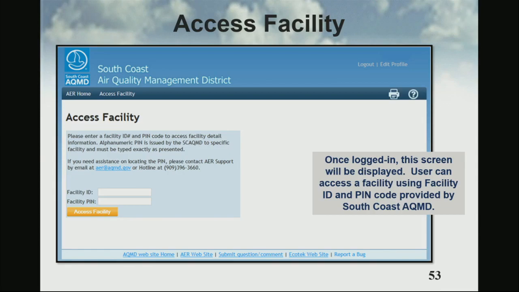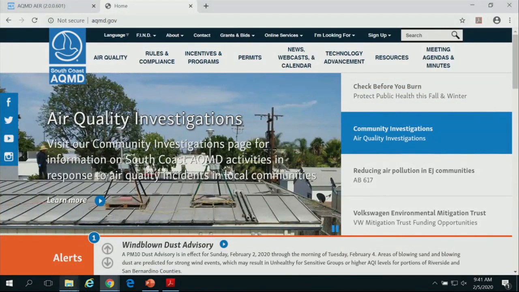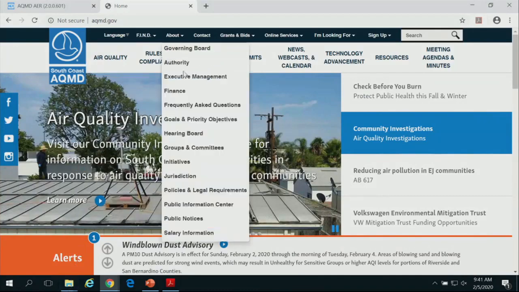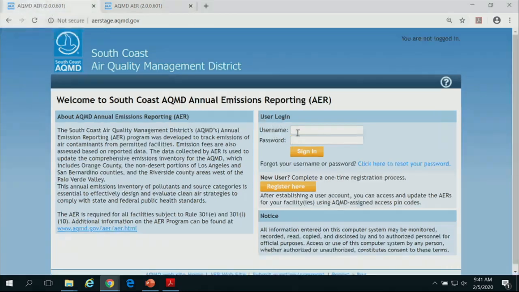Now I would like to switch to the live software for a demonstration. In order to access the reporting tool, you go to Salco's page, and after creating your user account, you log in. For the purpose of this demonstration, I'm using a different server because I'm going to show you the online portal for the payment, and that communicates with our finance system, so we don't want to use our live system. So I created an account, I log in.